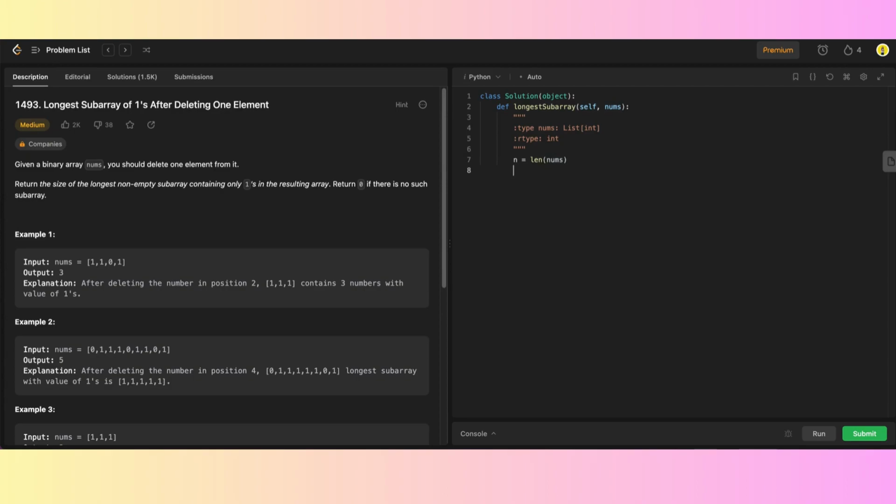And then the max length, let's have it equal 0, current length equals 0, has zeros, we should have that be false. And then previous length is then 0. So then for, oh, apparently I'm lagging, in range,